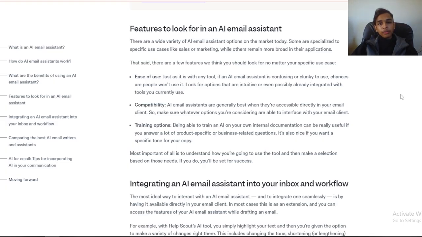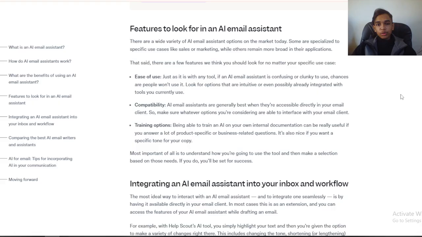And there are a few features we think matter regardless of your specific use case. Ease of use: if an AI assistant is confusing or clunky to use, chances are people won't use it, so look for options that are intuitive or even possibly already integrated with the tools you currently use. Compatibility: AI email assistants are generally best accessed directly in your email client, so make sure whatever option you're considering is able to interface with your email client.